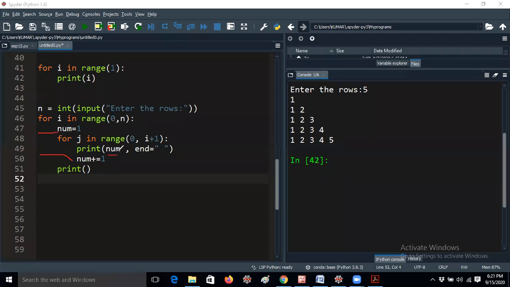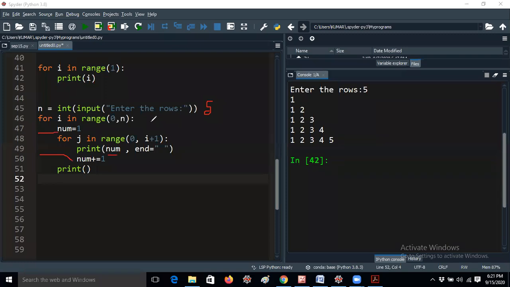So nothing else is changed. So listen carefully, guys. Input, enter the number of rows. I'm giving 5. So instead of stars, you will understand better now. That's the reason I'm taking this example. If you have any doubts, like Vishnu, you are asking, your doubt will be cleared right now itself.